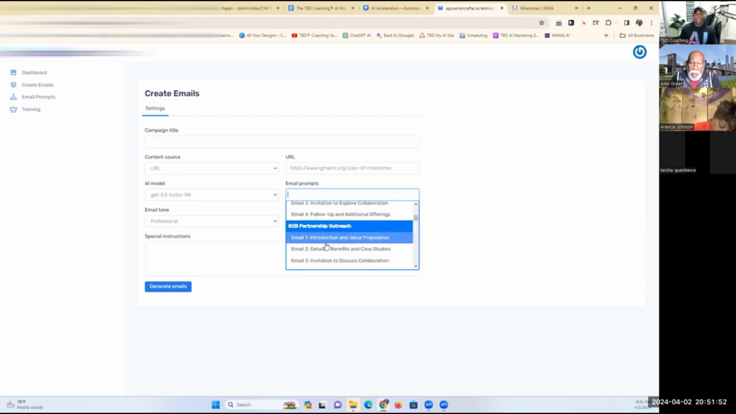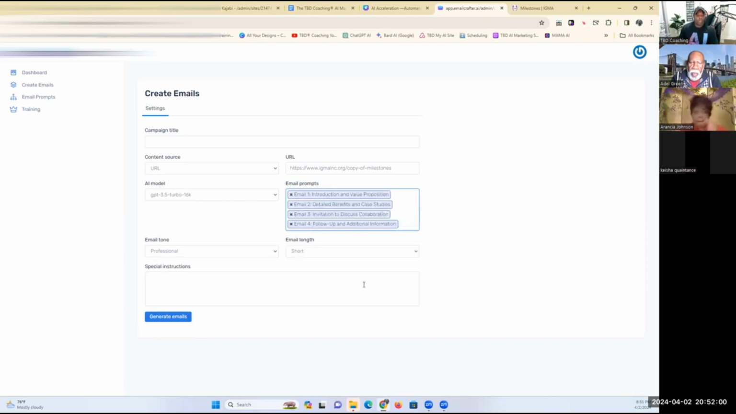And when I choose, now I can choose an individual email if I want. I can say, I just want to do email 1, or I can say B2B partnership outreach. And it's going to drop all of the emails from that sequence in there automatically. And then I can go over here and name that title. I'm just going to name it Dr. A campaign,